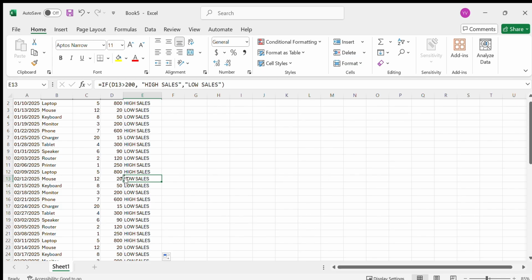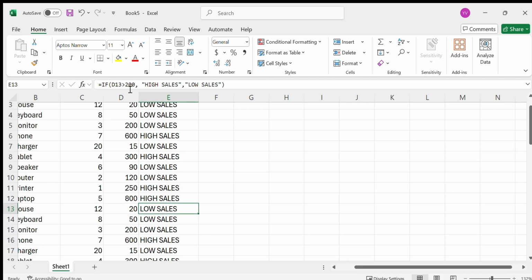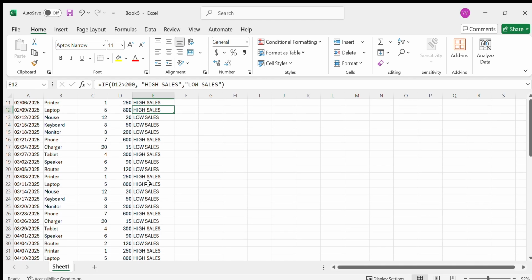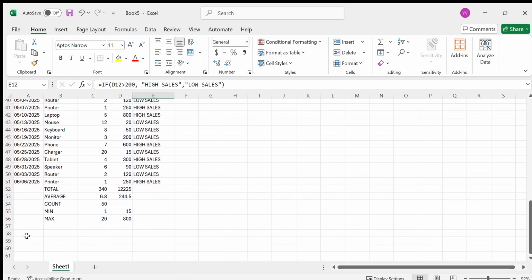If there is less than 200, it will give low, and if there is more than 200, it will give you high sales. So this is the way you can know if the amount is more than 200 or less than 200. And after that you can also see that, let's